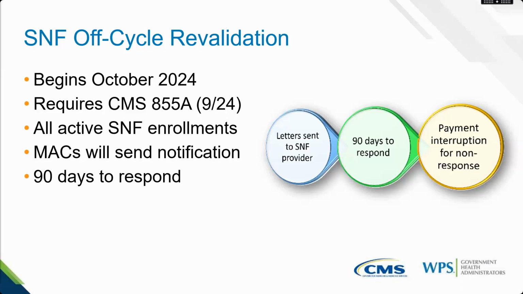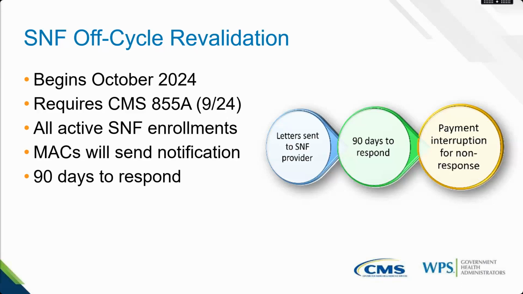That notification goes out to the correspondence address, and then you could possibly receive two others. It'll also go out to the practice location and the special payment. If they're the same, you'll only get one more letter, but if all three are different, you could potentially see 3 letters. And that's just to make sure that we're reaching the providers. It is based on information that's currently on the enrollment record. So as long as that's up to date, you will get that letter.